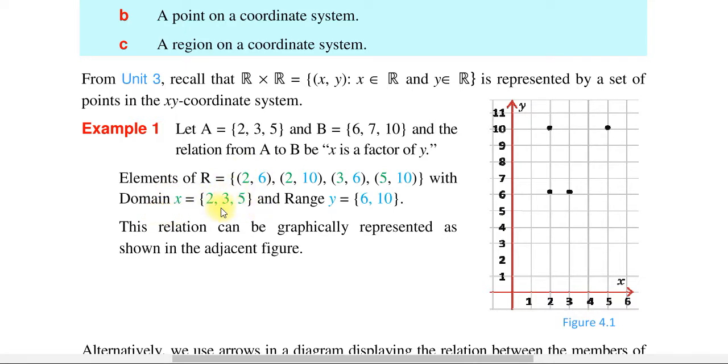ስለዚህ ከዚህ ሪሌሽን ዶሜኑን ስናወጣ 2 3 5 ነው ዶሜኑ የኤክስ ዋጋ ማለት ነው ባጭሩ ወይም ግሪን ከለር የተጻፈው ማለት ነው። ሬንጁ ደግሞ y ብሉ ከለር የተጻፈው 6 and 10 ነው። ኦኬ this relation can be graphically represented as shown in the adjacent figure. Look አሁን graphically represent እናደርገው ፖይንቶቹ እነዚህ የምታዩቸው ፖይንቶች ለምሳሌ ይሄ ፖይንት ማነው 2 6 ነው። ይሄ ፖይንት ማነው 3 6 ነው። ይሄ ፖይንት ማነው 2 10 ነው። ይሄ ፖይንትስ 5 10 ነው ማለት ነው።